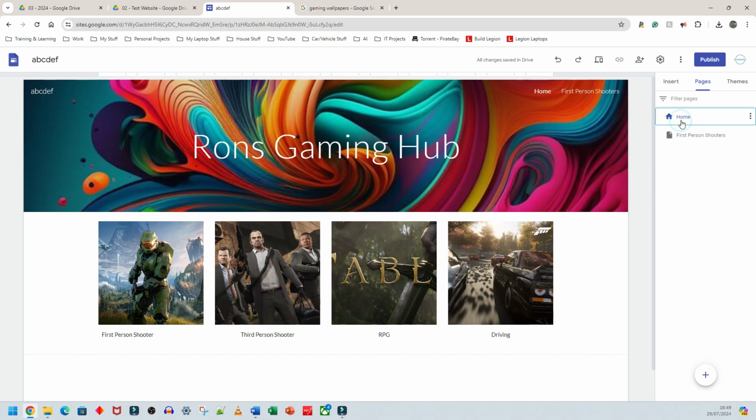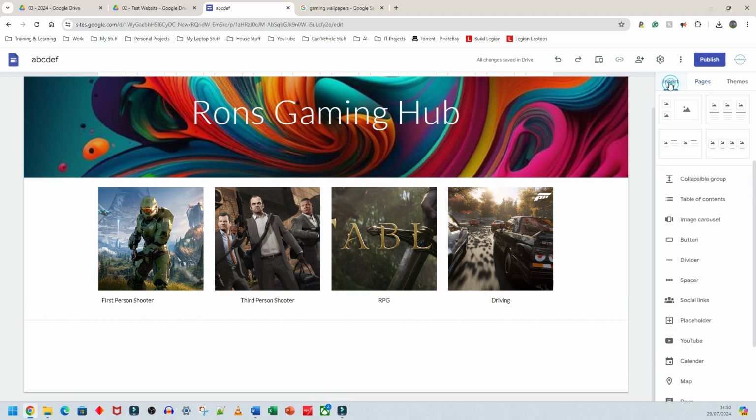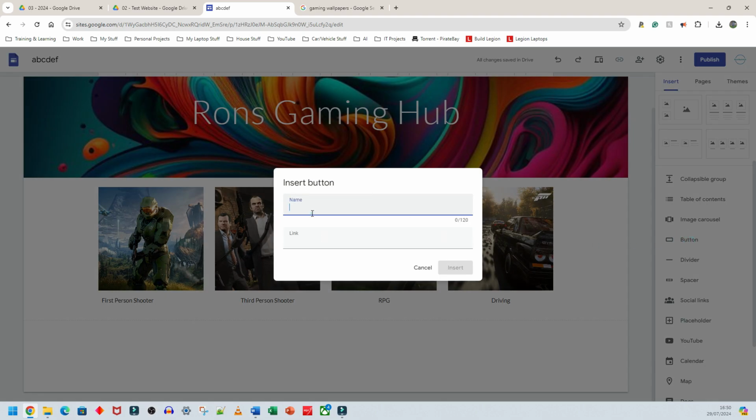But if I go back to home page and I want to insert, let's say, a button that takes me to the first person shooter page, there might be a way to link these things, but I haven't figured it out yet. So if I do figure it out, I will share the information as well. But let's say, for example, I want to replace these, or I want to put buttons in to link me to a different page. Click on insert, go to button, and the name of this is going to be first